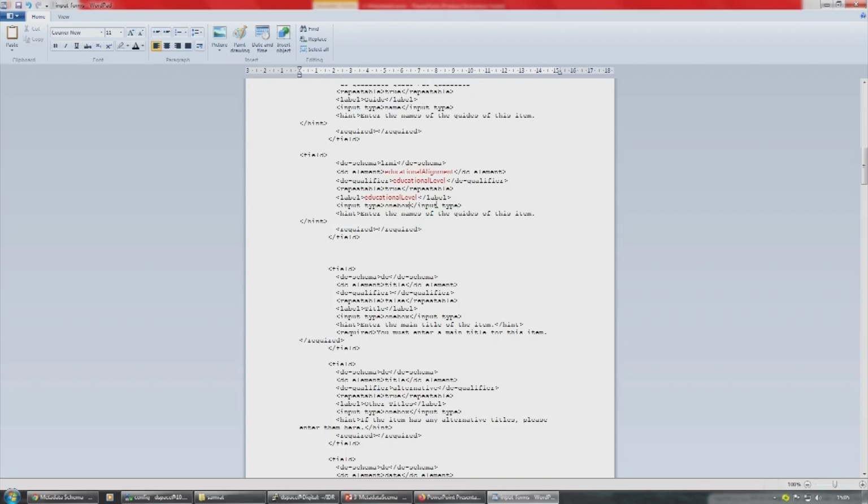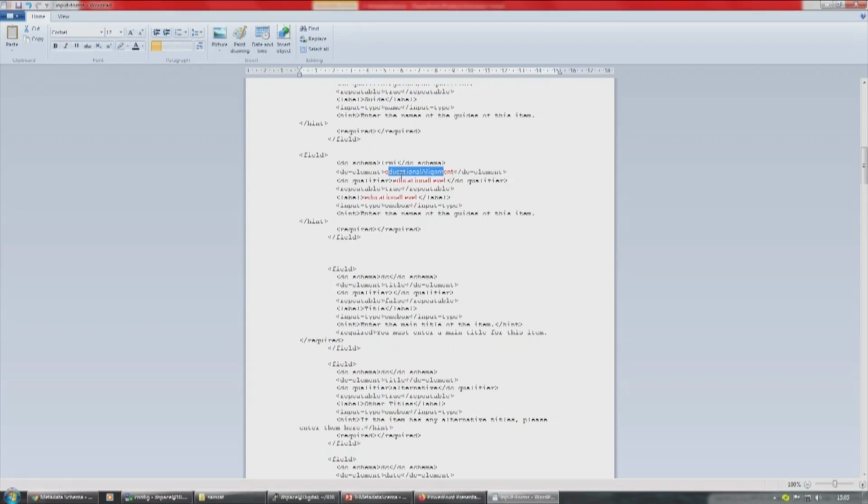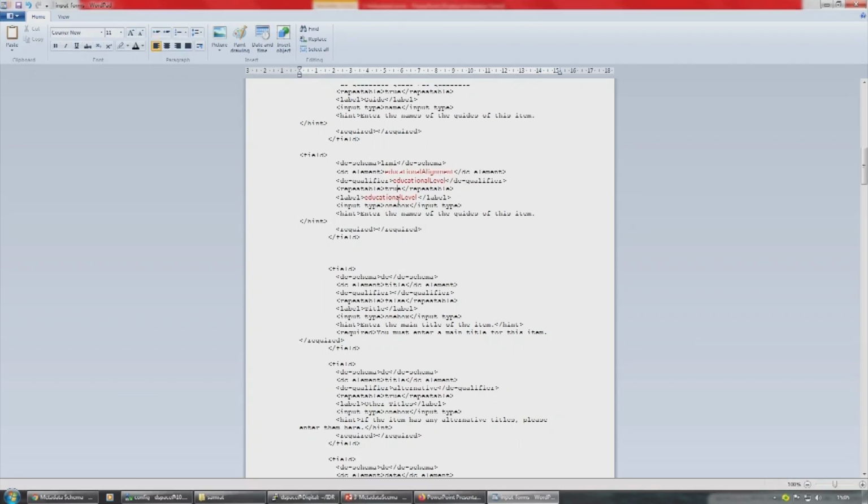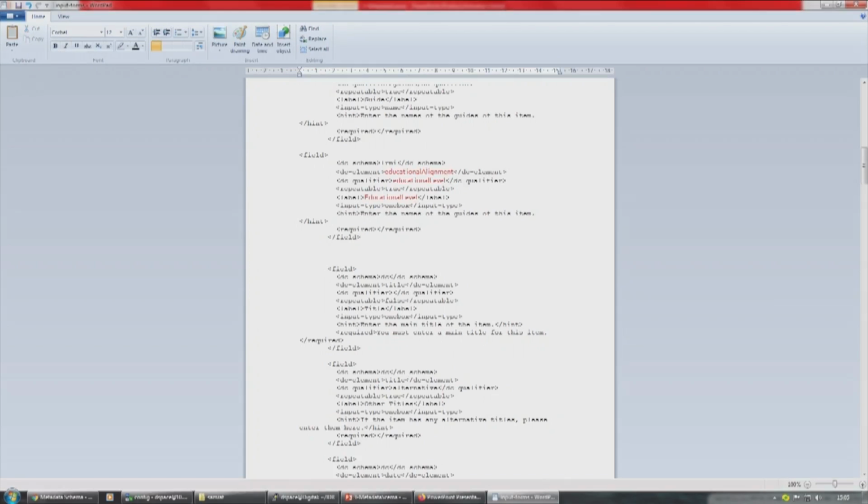So, what are the modifications we have done? We have made it LRMI, we have made it the educational alignment element, we have made the qualifier educational level, repeatable true. Educational level I have mentioned, yes, this is a label, you can capitalize it and put a space here, educational level, and then the input type is one box, enter the,